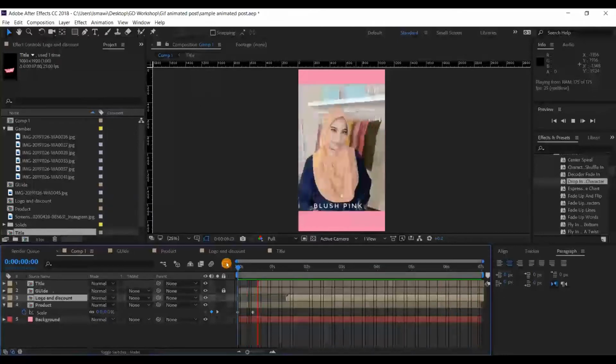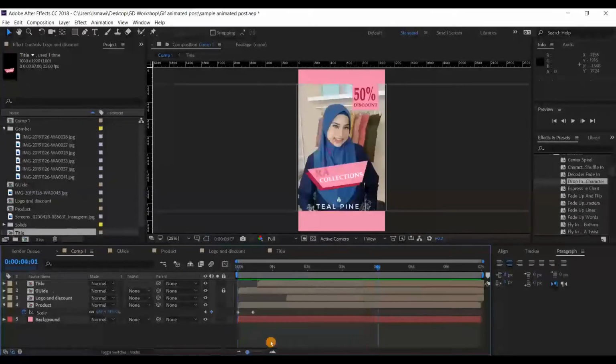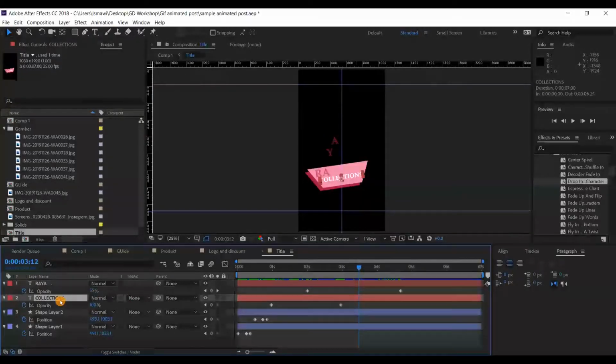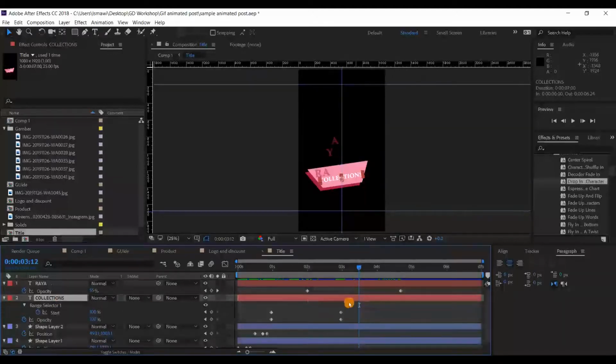We need to adjust the animation of the text because it takes a lot of time to appear. To do that, it's quite simple because everything is already inside the pre-comp. You just go to your title composition. You can play around with the keyframes here to make it shorter, because the farther the keyframe we add, the more time it is going to use.